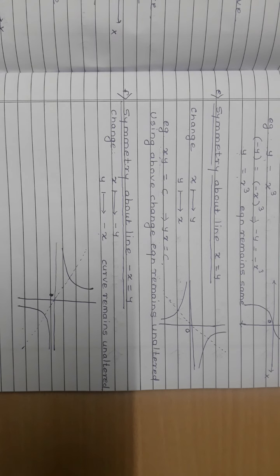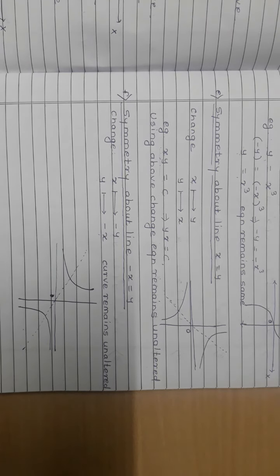So firstly, to check symmetry, the first thing we are going to see is the power of x or y. If the power of x is even throughout, then it is symmetric about the y-axis. If the power of y is even throughout, then it is symmetric about the x-axis. If both powers are even throughout, that means symmetric about both axes. If these three fail, then we are going to check the rest one by one.